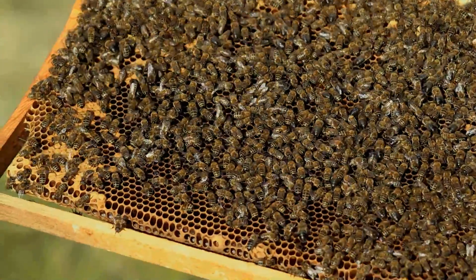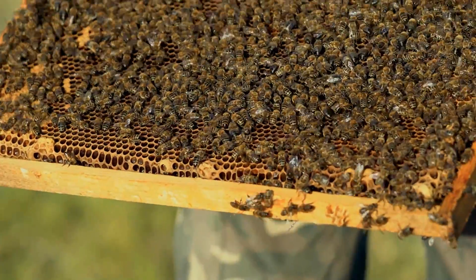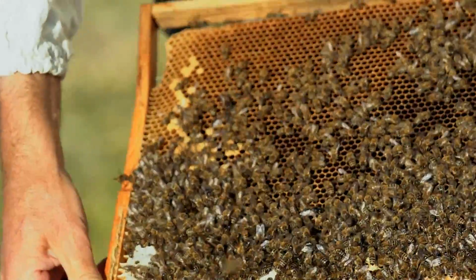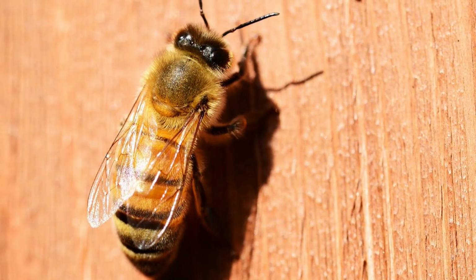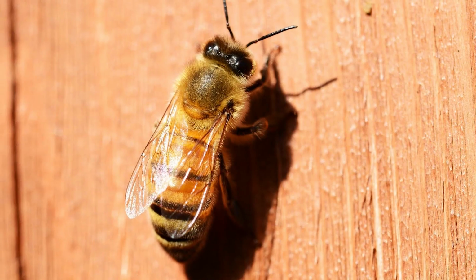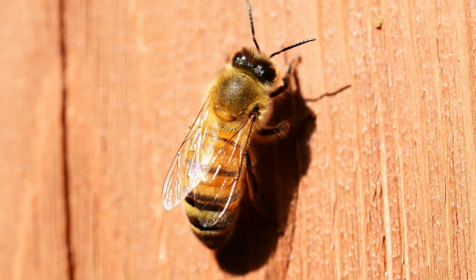A large honeybee colony is an impressive sight. One colony can hold 10,000 to 60,000 bees. The most common honeybee is the European honeybee, scientific name Apis mellifera, and that is the type of honeybee we have at CGC. There are 3 types of honeybees in a hive, and they each have specific jobs in the